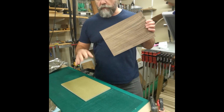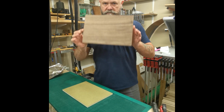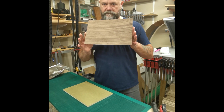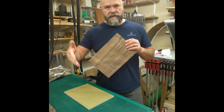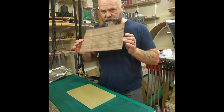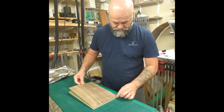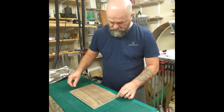remember now, we're only going to veneer the inside of the lid at this stage. The outside will be veneered later on, okay? I'll explain later on, but only one side. So just align the veneer, your finger,